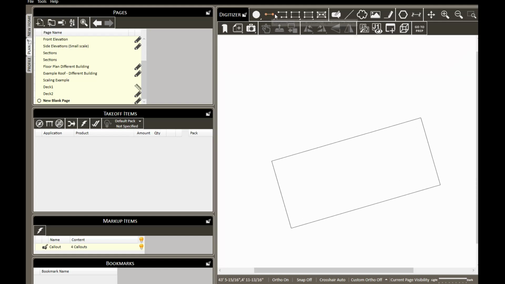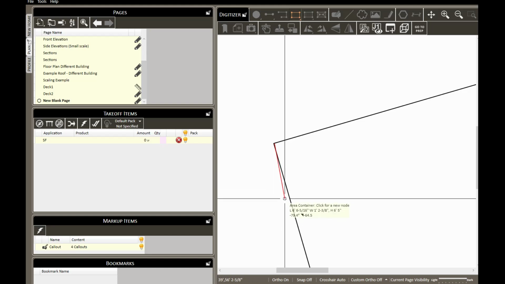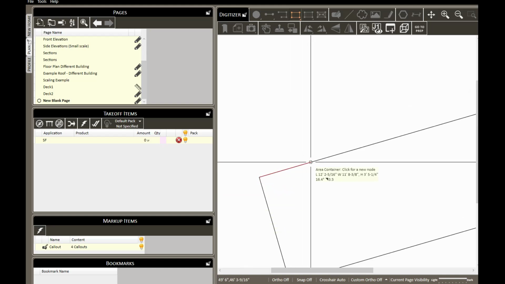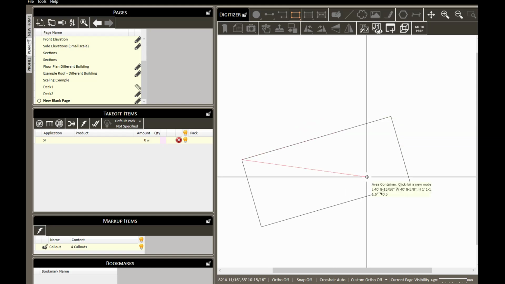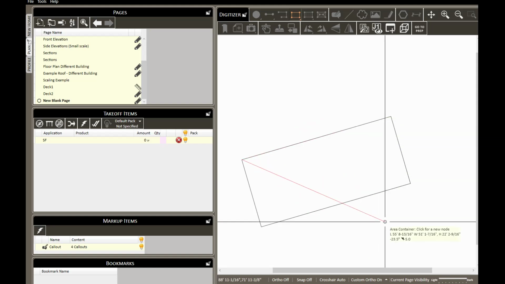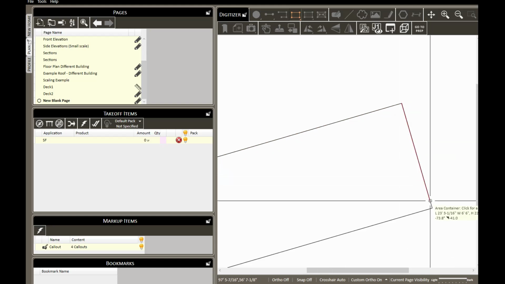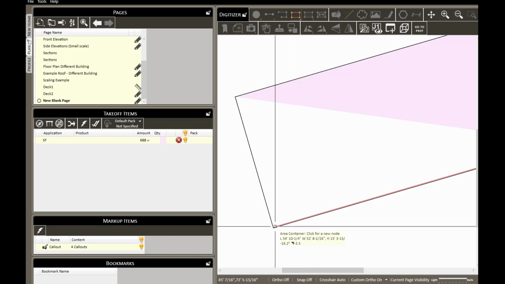So if I go to draw something now, like maybe an area, just to be clear, I'm going to turn off regular ortho so it's easier to see where my custom ortho is snapping to. You can actually have both on at the same time or off. They're controlled independently. I'm going to turn my regular ortho off, and you can see as I go to do this, right now I don't have any ortho snap, but if I turn my custom ortho on, now I'm going to snap to those angles, and it's basically going to automatically register when I draw that line